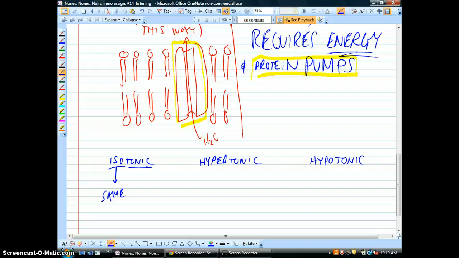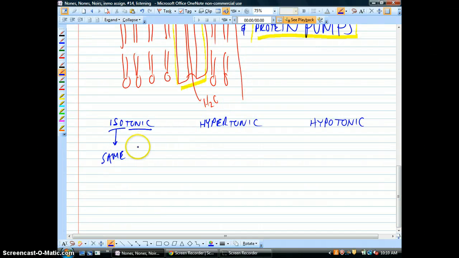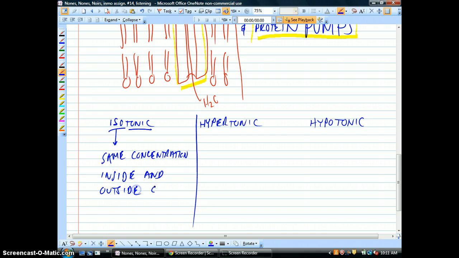Not something you should be drinking as underage people, but you can drink tonic water, right? You can buy that at the store. So think of something you would drink, or medicines used to be called tonics, a lot of them. It's a solution. What isotonic means is same concentration. Same concentration inside and outside the cell. So when we talk about these, we're usually talking about cells here. Hyper, when you think about hyper,